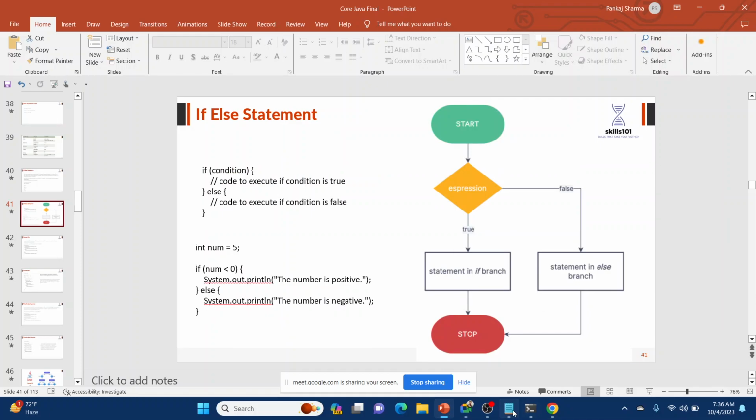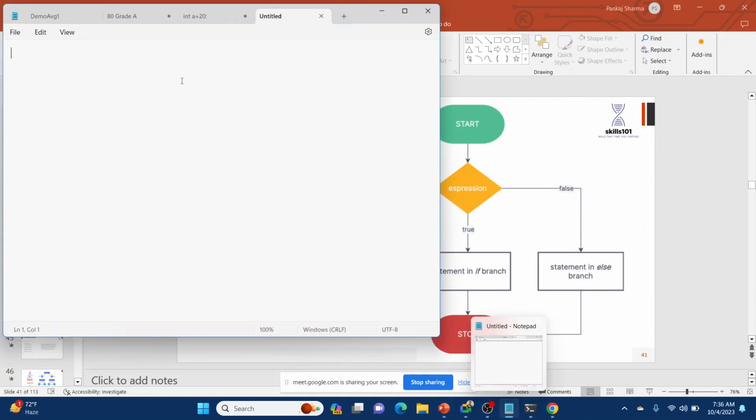So initially we will make a public class demo average 2. Today we will make a program that will decide that if a student got total marks out of 5 subjects, the average is above 40, it is pass, and if the average is below 40, it is fail. That's how we are going to calculate in this program.